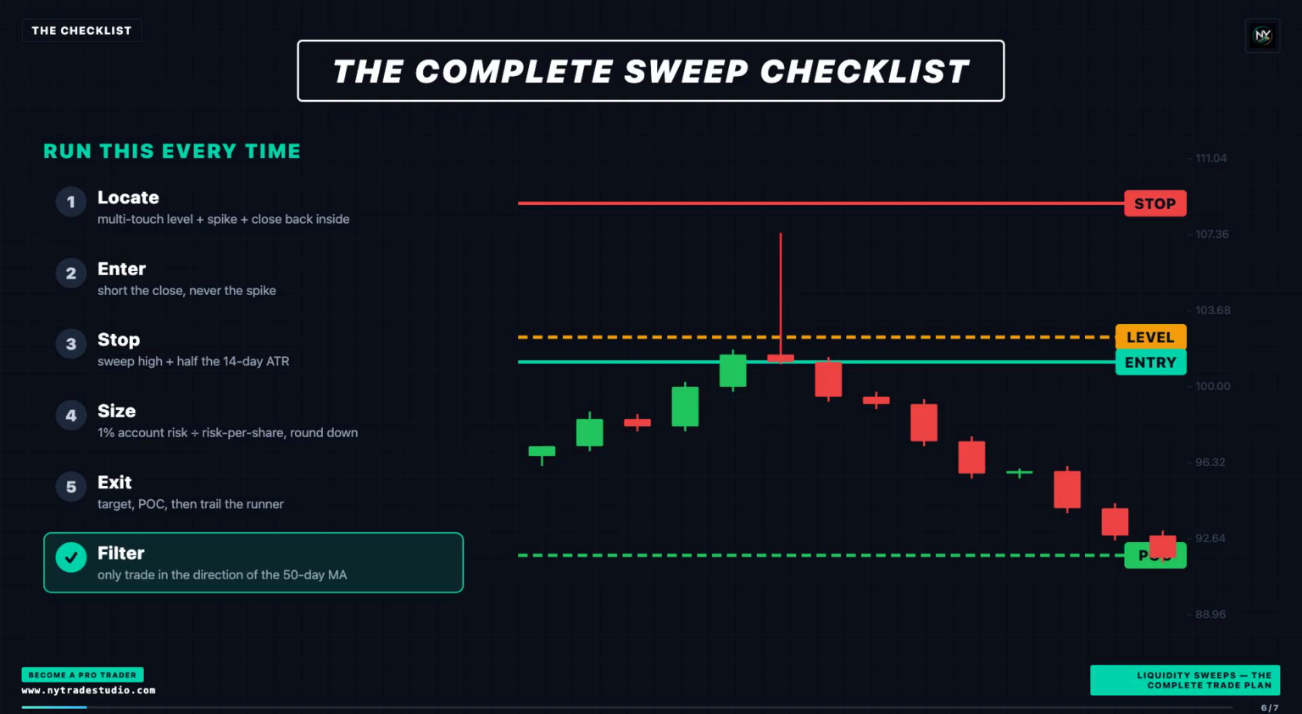And the filter that protects all 5, only short when price is below a falling 50-day moving average, and only buy when it is above a rising one. Trade with the trend. Run this checklist on every sweep you see, and you are trading a complete, repeatable plan,